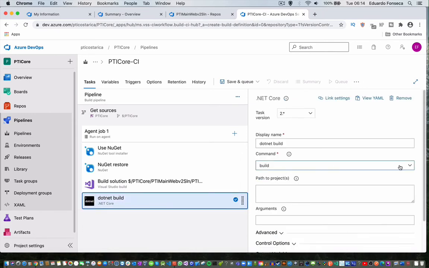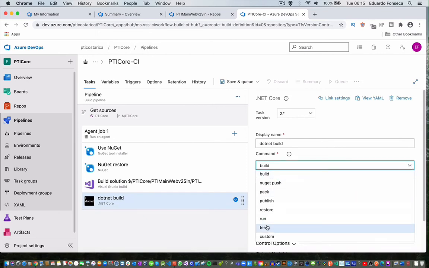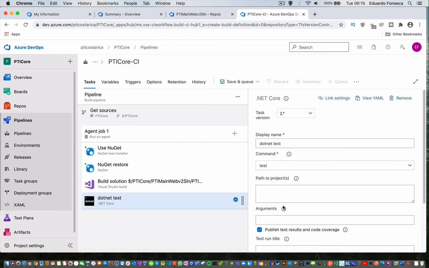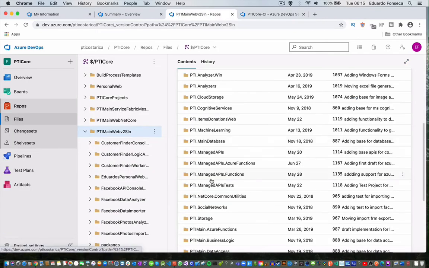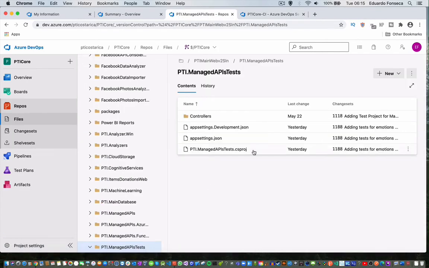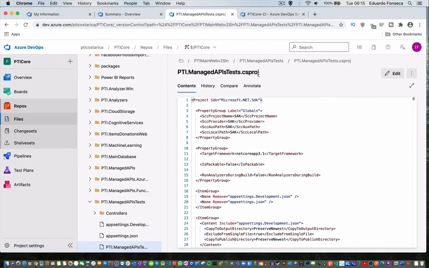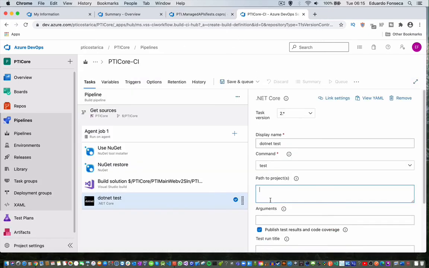I'll say that this is going to be a test step, and I only want to build this project, or this is the only test file I care about at the moment. So what I will do is